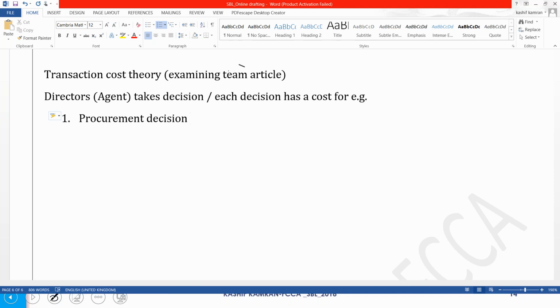They have cost, right? The purchase cost. Sales decisions. Sales decisions have cost. How many costs are in the sales decision? The marketing cost, the selling and distribution cost,